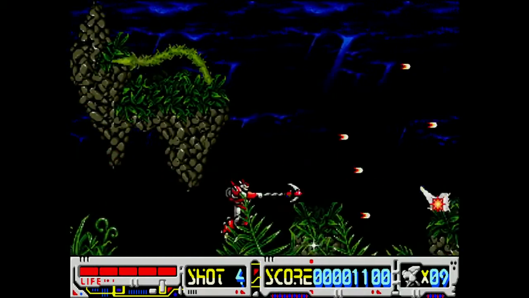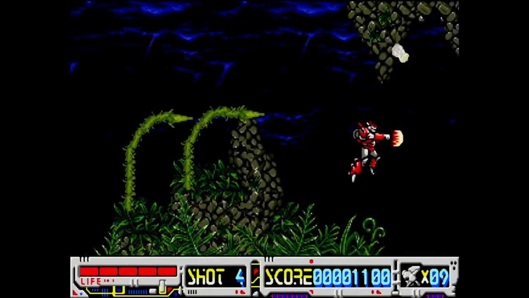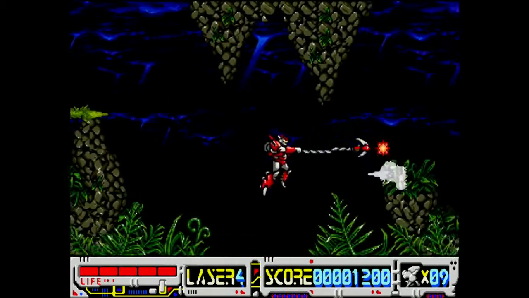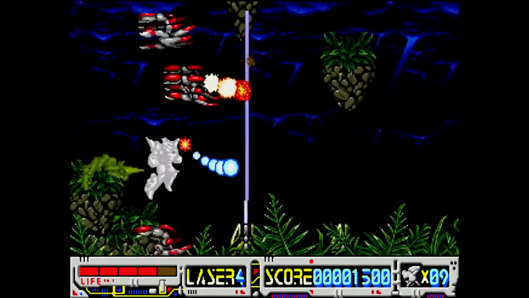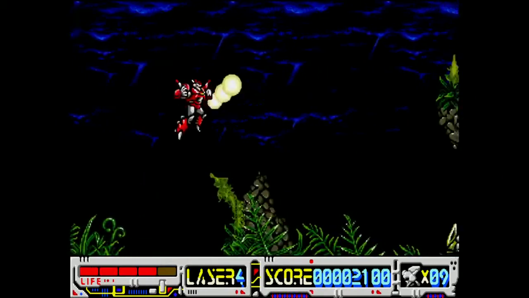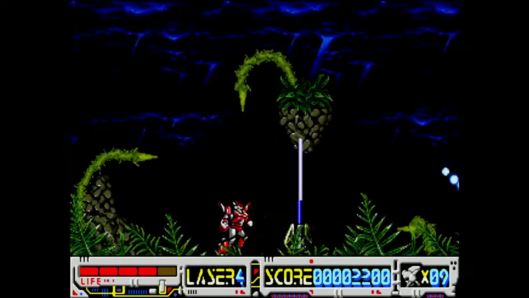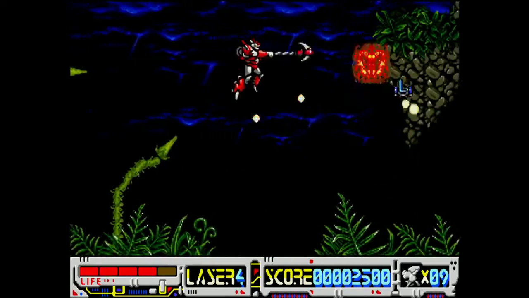I see, it appears I'm switching weapons somehow, either manually or by picking up different weapons. That I'm not sure about, but you see I got the spread shot now. Now I'm back to the laser. I think what's happening is I'm picking up new weapons from what I'm seeing here. I don't know if you can manually swap out weapons on the fly. Not sure if you can do that, but